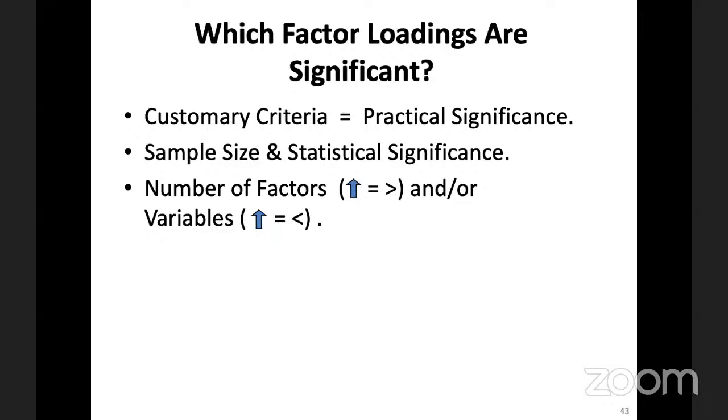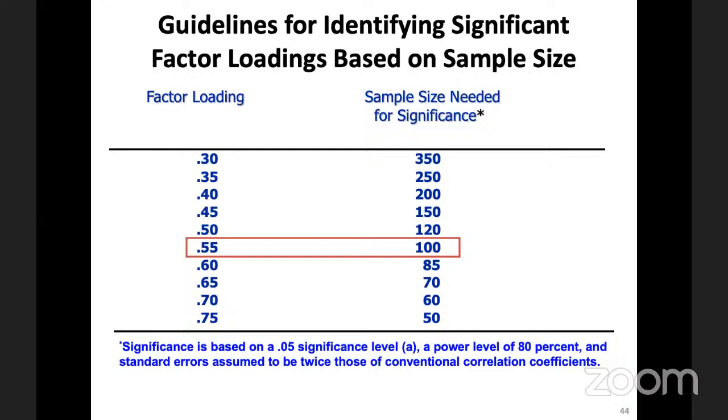Factor loading and their significance, we will see that, as I said, 0.5 or above will be considered better. But there are authors who say that it will depend upon sample size. If your sample size is larger, then smaller loadings can be allowed. But if your sample size is low, then you should have higher factor loading. For example, in this case, when we talk about 0.5, then about 120 sample size should be there, and if it is 0.75, then